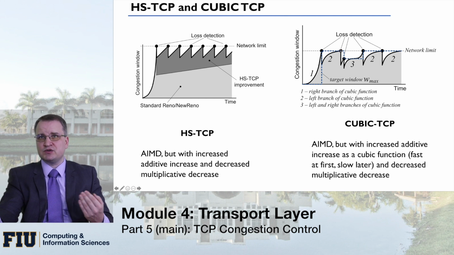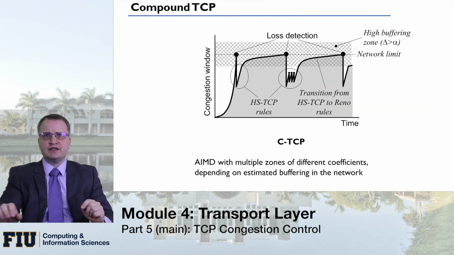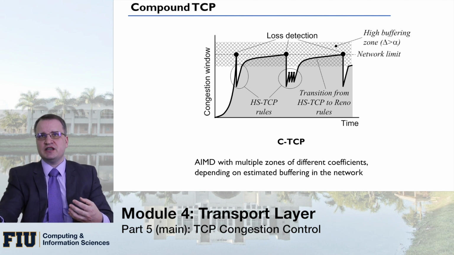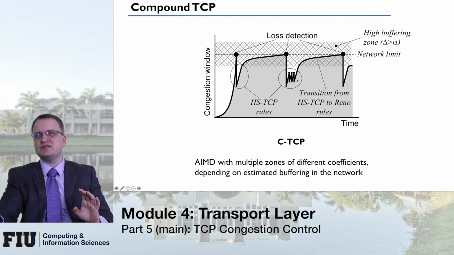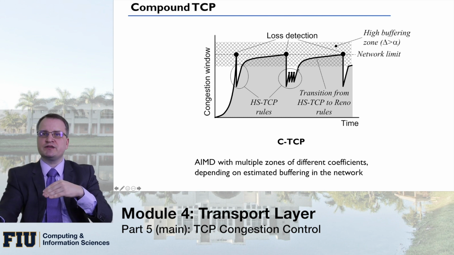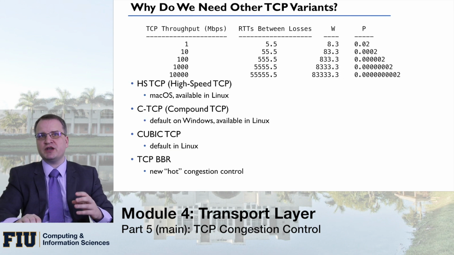So this allows you to have a drastic decrease, a drastic increase, to some point increase, decrease, and discover more resources if the resources are available in the network. And CTCP is a combination of several approaches. It has different zones, different stages. So there is some combination of HS-TCP, so it's still dropping, it's trying to increase faster at this point. But then if it passes some of the stages, it's trying to get back to the avoidance stage of very slow increase with time. And for the BBR, which is a new